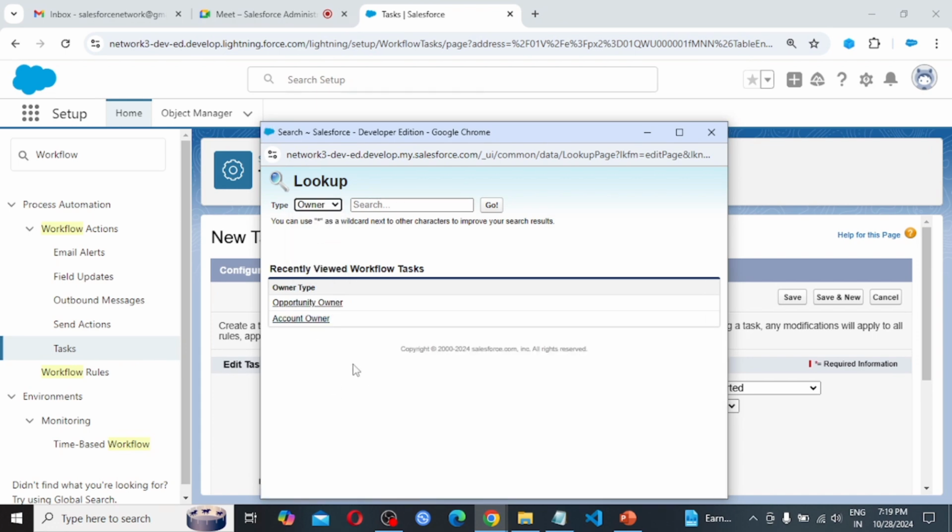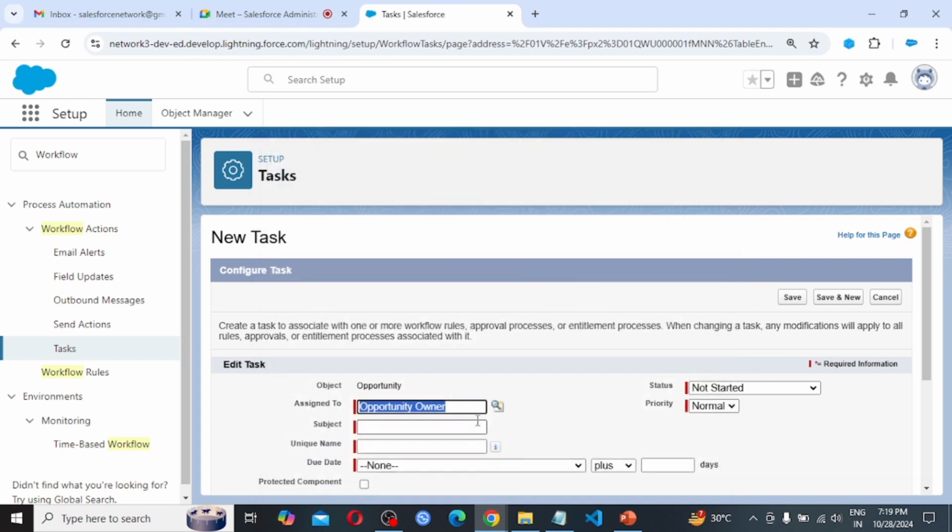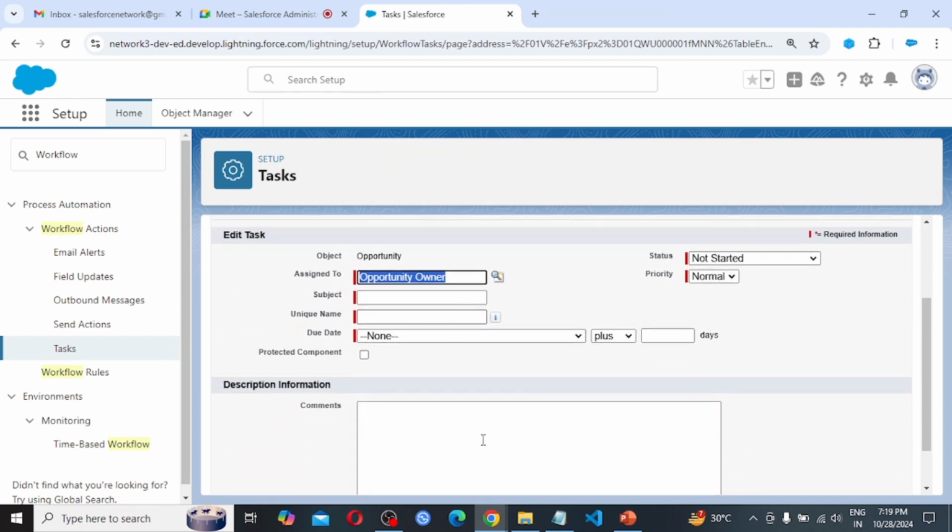So whenever the opportunity record is meeting the criteria, then I am going to assign to that particular opportunity owner a task. So here I am going to provide the task subject: Follow up on high value opportunity.